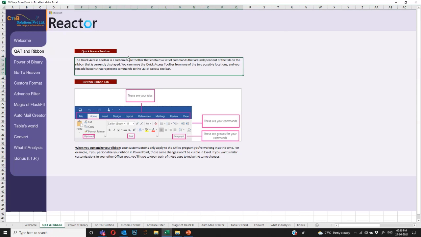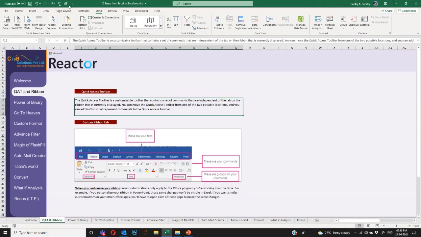In PowerPoint, we have a presentation mode versus the editing mode where we work, and when we click on presentation mode it comes on full screen. The same option is available in Excel also. A lot of people are not aware of it, so they don't use it. But when we click on full screen mode, it gives us more space and a focused area to present our data. So that's one.